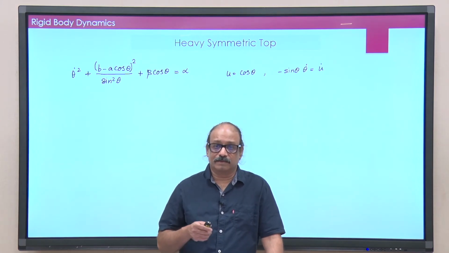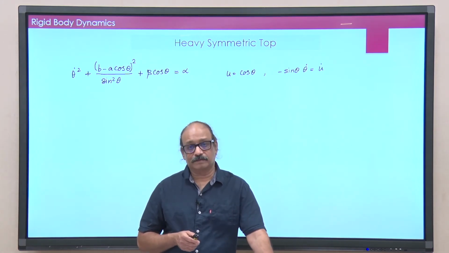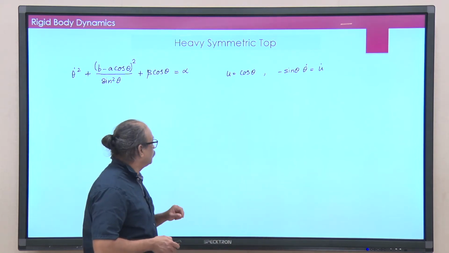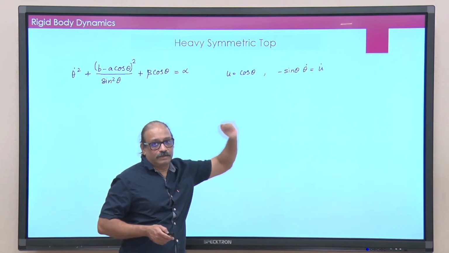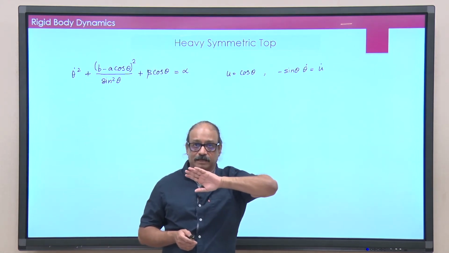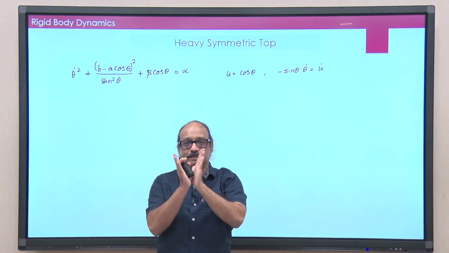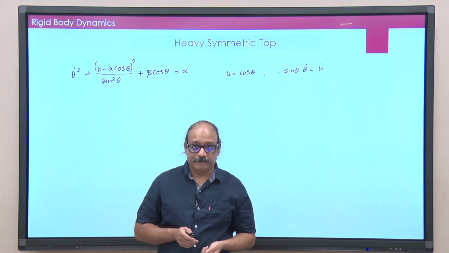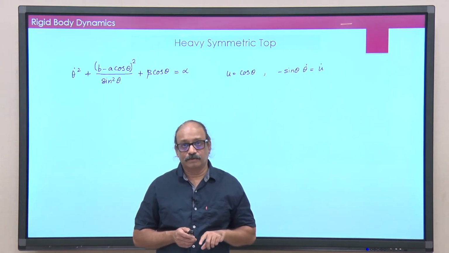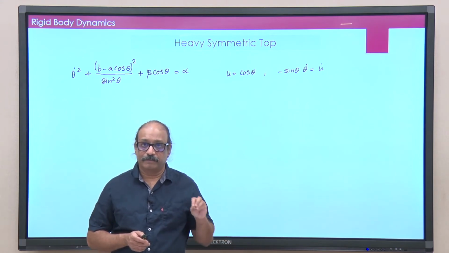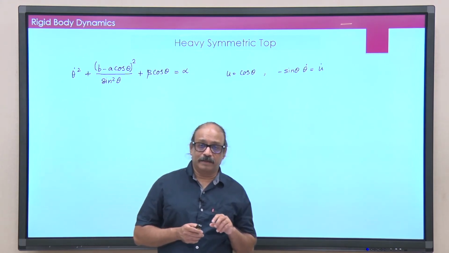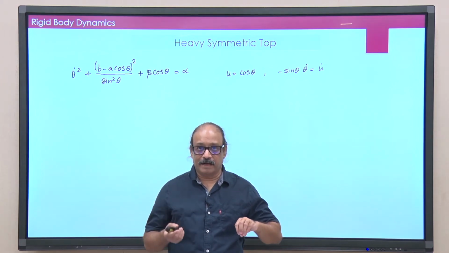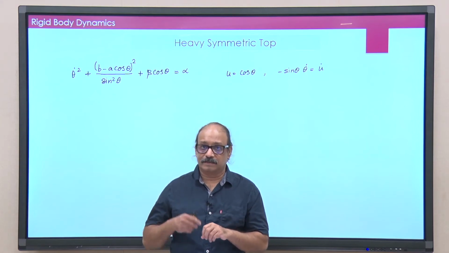So, let me make this substitution. Substitute u is equal to cos theta, then of course, minus sin theta theta dot is u dot. But now remember what the range for u is. What was the range for theta? Theta is our second Euler angle, which is the angle between z and z prime. This angle can vary from 0 to pi. That means our u value can change from minus 1 to plus 1. Only thing you have to remember is u equal to minus 1 is theta equal to pi, and u equal to plus 1 is theta equal to 0.